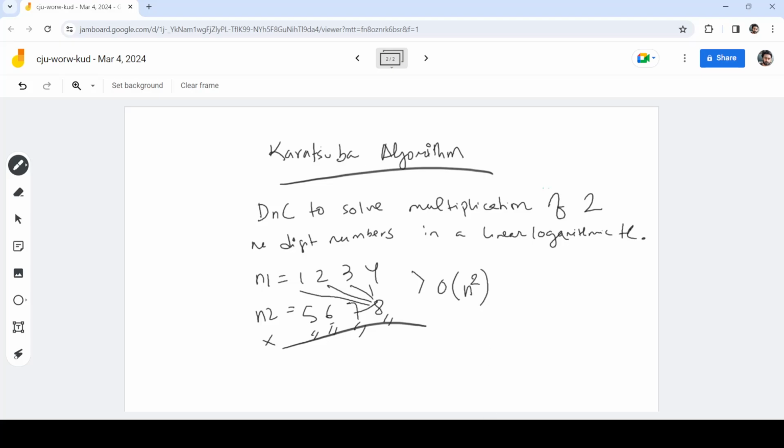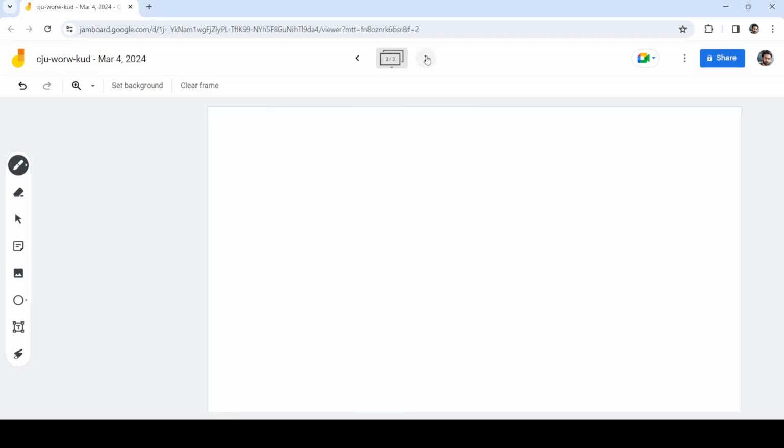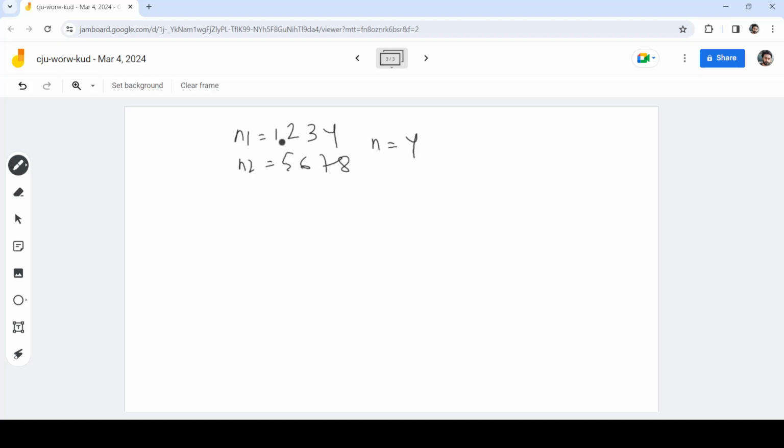Now the question is, can we do better? The answer is Karasuba algorithm. তো আমরা দেখে নেই Karasuba algorithm এর আসল লজিকটা কি। So given two numbers, let's say n1 and n2, which are 1 2 3 4 or 1234, and n2, which is, let's say, 5 6 7 8, it's 5678, and n equals 4 কারণ এখানে দুইটা নাম্বারের ডিজিট আমার চারটা।